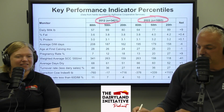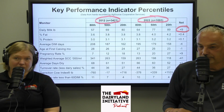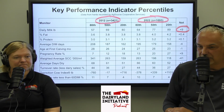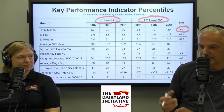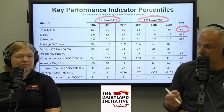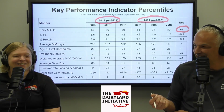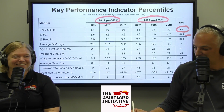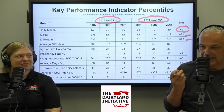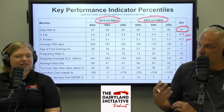But in that 10-year period, these herds have added 9 pounds of milk. Impressive. Yeah, about 9 pounds of milk per cow per day. Phenomenal kind of improvement in production. But at the same time, it's not just white water that runs downhill. It's got butter, fat, and protein in it. Yeah. So we've added 0.4 on butterfat and 0.1 on protein. Impressive. So the energy corrected milk or the fat corrected milk or the components in this milk have also improved